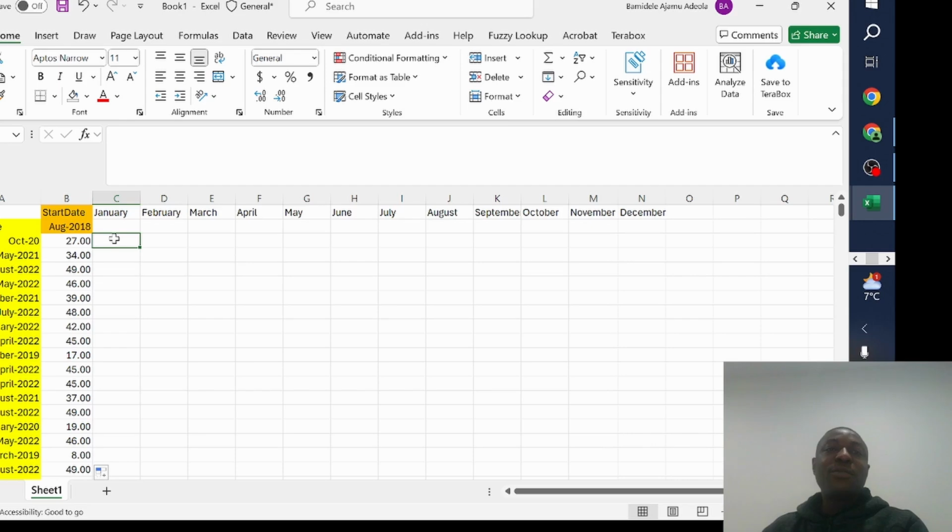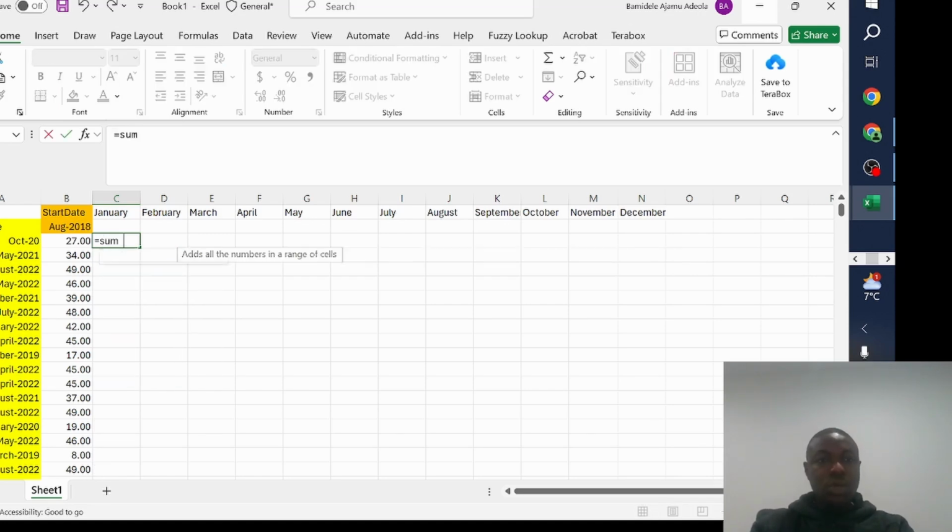The second part of the problem is now to be able to know how many Januaries are in it, how many Februaries are in it. For us to do that, we need to count the occurrences of each month. Each month. So just follow through. I want to start this function, and we're starting with a SUMPRODUCT